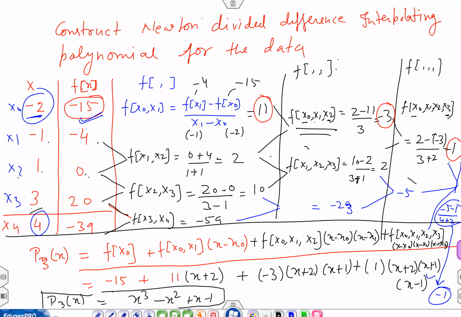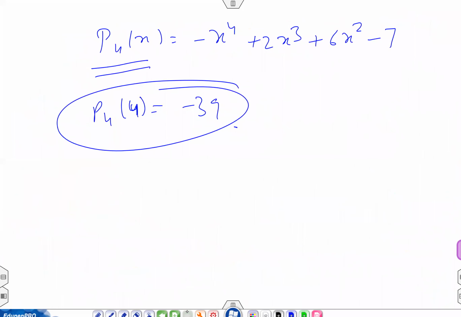So this is the benefit of the Newton divided difference interpolating polynomial over the Lagrange interpolating polynomial. Computation-wise, this is better than the Lagrange interpolating polynomial, but the error formula is the same in Newton or in Lagrange, because whatever polynomial we construct by Lagrange or by any other method, they are all unique. The polynomial we form is always unique. If we compute it with the same data, we get the same polynomial. Only the form and procedure are different.